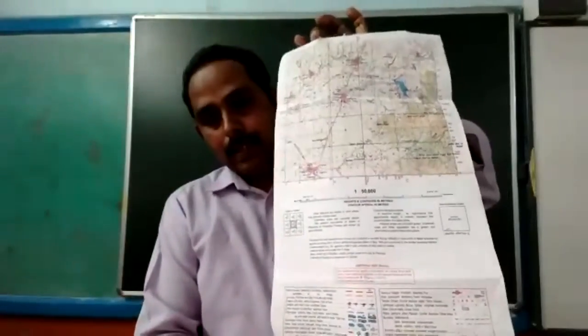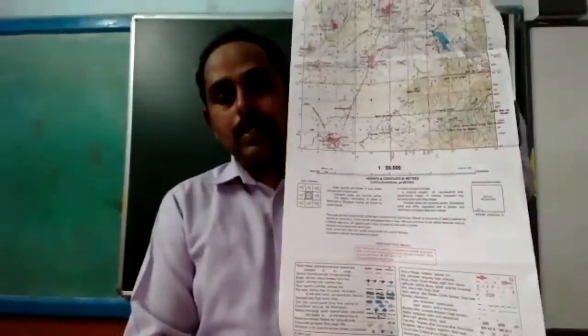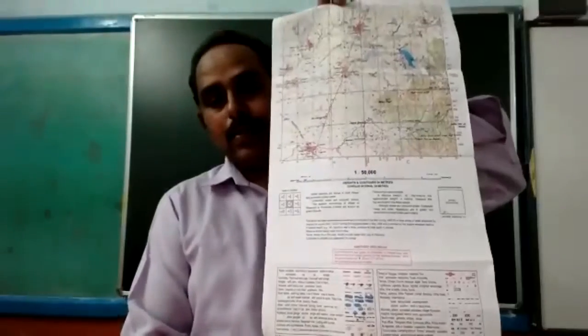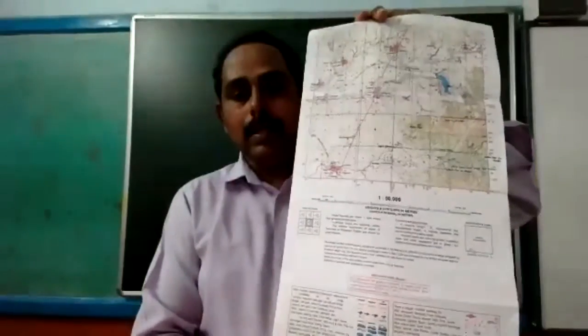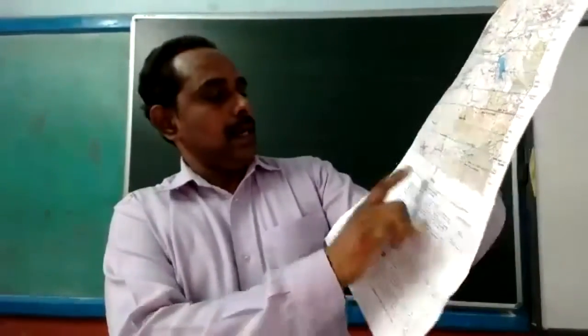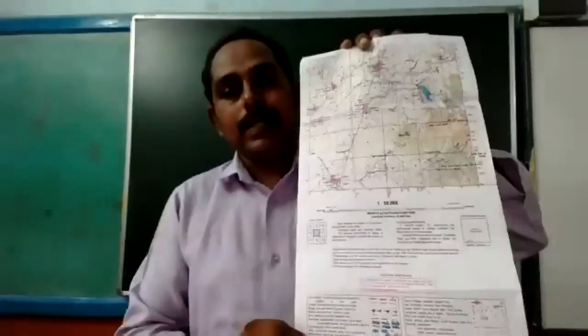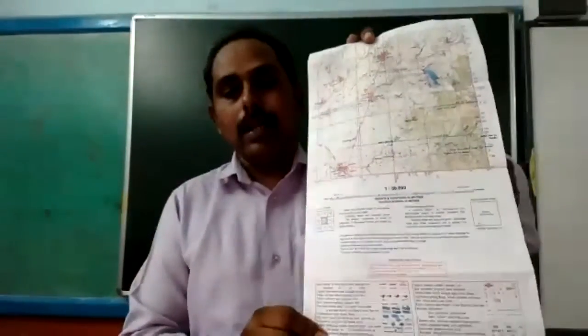On the bottom part of this map, you can notice there is 1:50,000. That is the normal RF, representative fraction, we are using. Beside it, you can see the linear or graphical scale also given. In this graphical scale, it is written 2 centimeter is equal to 1 kilometer on one side, and on the other side, 500 meter is equal to 1 centimeter. That is the scale which is taken for this map. That scale only you have to handle with.